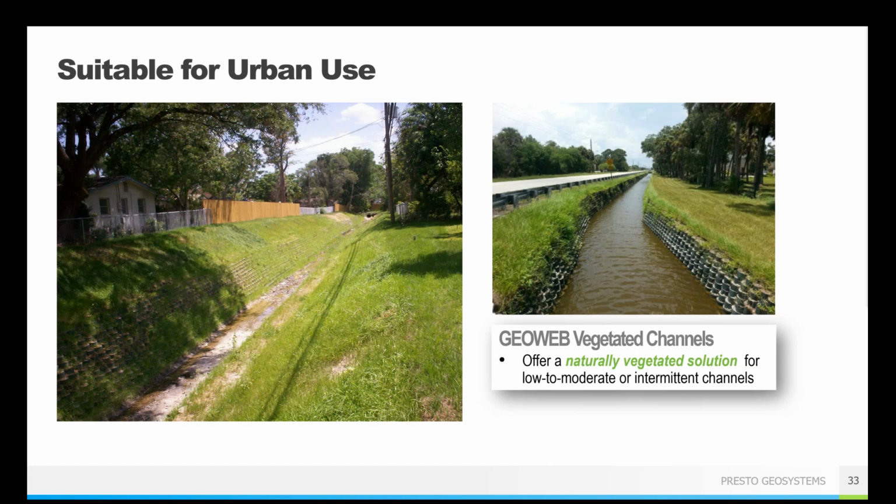If the channel bottom itself is not stable, or if you do have concerns about erosion, if it's very sandy perhaps, and you're going to have water flow and you're concerned about that sand erosion, you can put the GeoWeb along the bottom of the channel as well. So you do have that flexibility of where the GeoWeb goes, what you fill it in with, and how much space you use it for. So again, lots of project specific questions or needs that we're more than happy to discuss with you on a one-on-one basis.